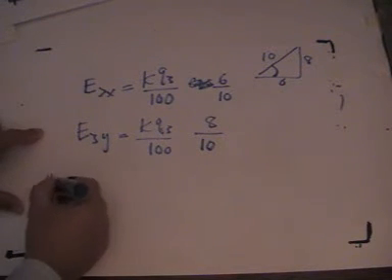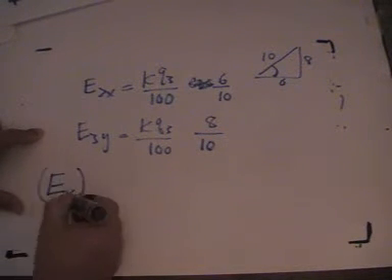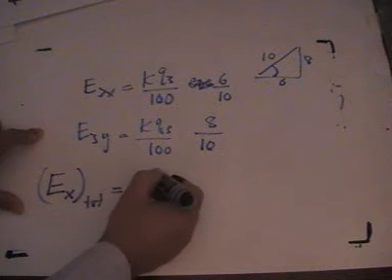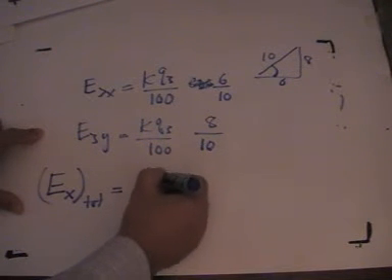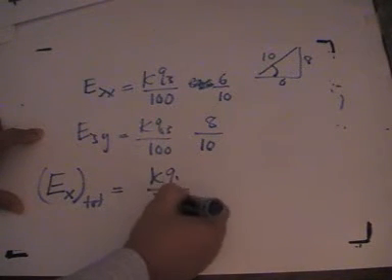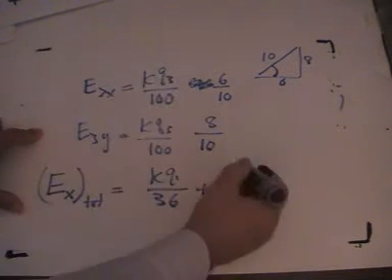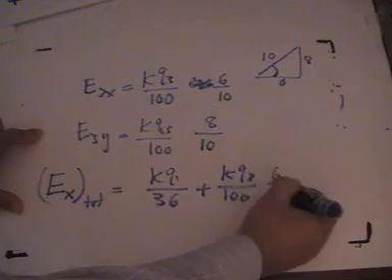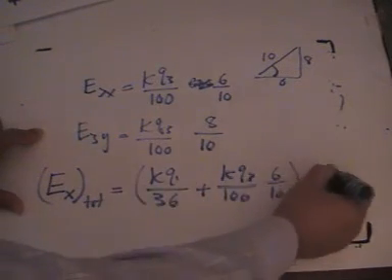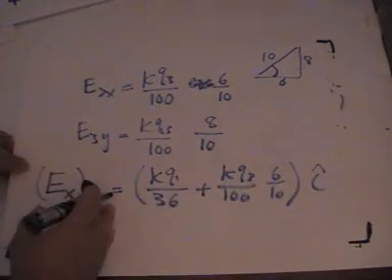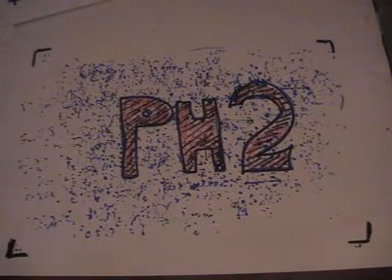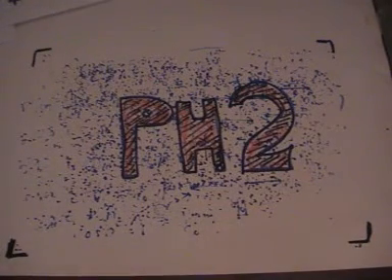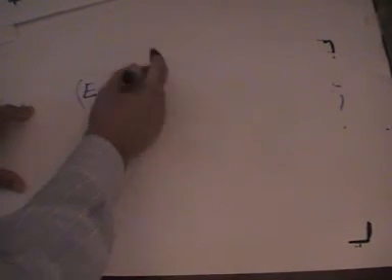So this Ex total will be equal to KQ1 divided by 36 plus KQ3 divided by 100 multiplied by 6 over 10. This is all I had. Okay, that's the Ex net. And Ey net will be equal to